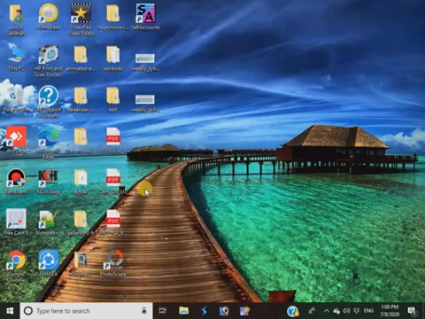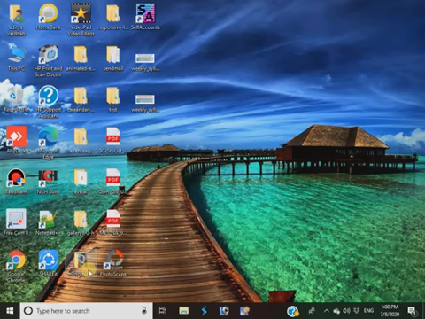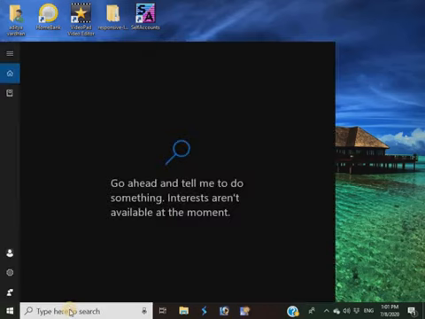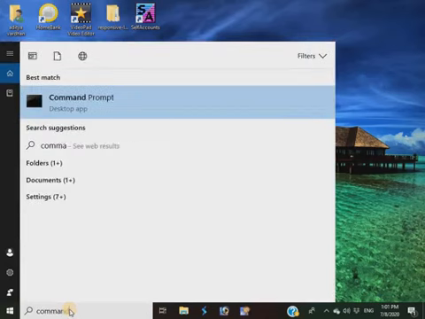Now the next thing I am going to explain is what a CUI is. What is a CUI operating system? Actually, in the Windows operating system, DOS is inbuilt as a CUI operating system. So how can we start that application? This is the search box. Click here and type the word command.